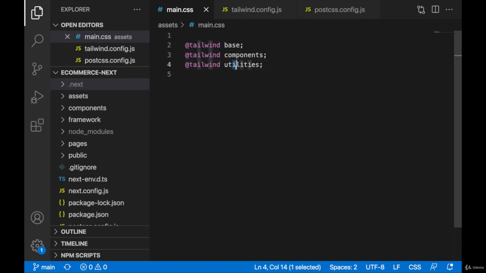components, Tailwind utilities. This with the @ sign is called a directive. That's a specific syntax for Tailwind, and this will unwind into the actual CSS stylings, into actual CSS classes. But this will be transformed by Tailwind itself. So how can we check what stylings we are getting here? In our build folder, which is your .next folder, you should see the stylings provided by this, so